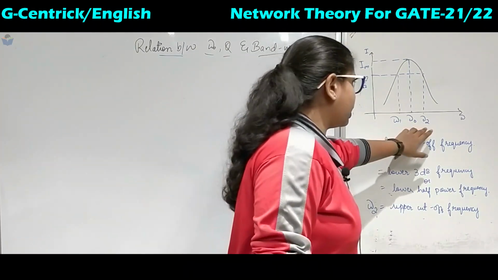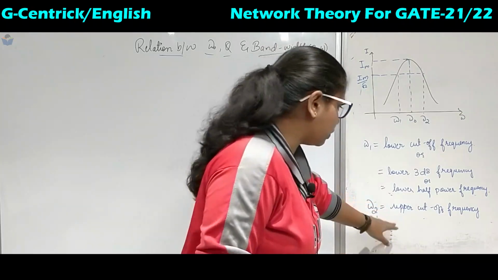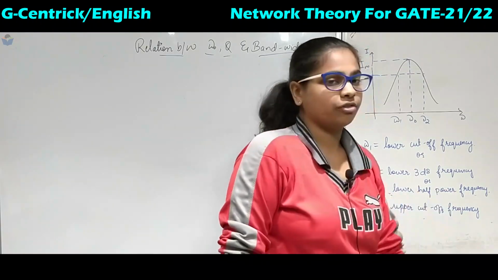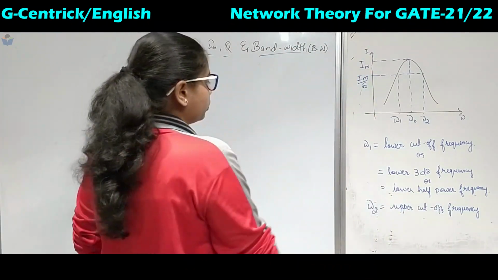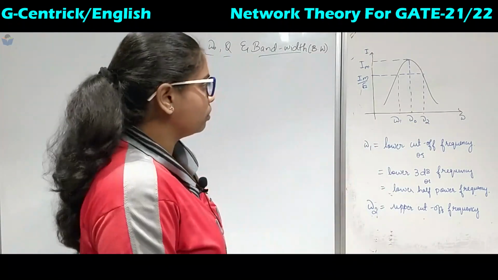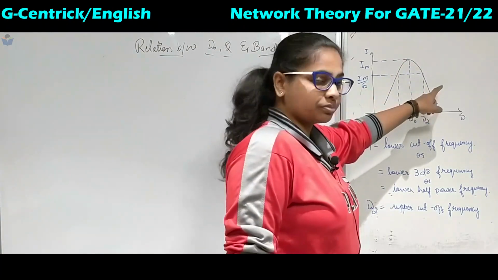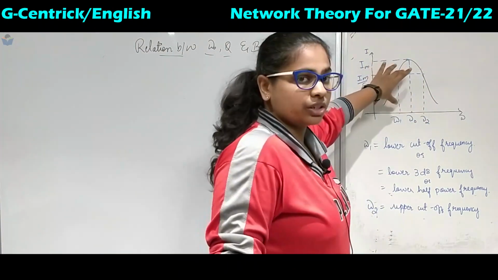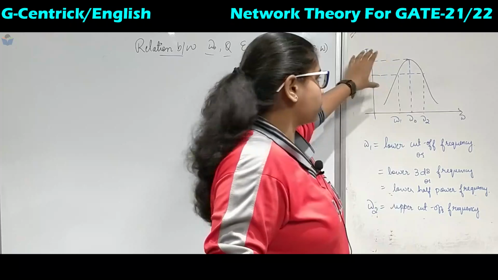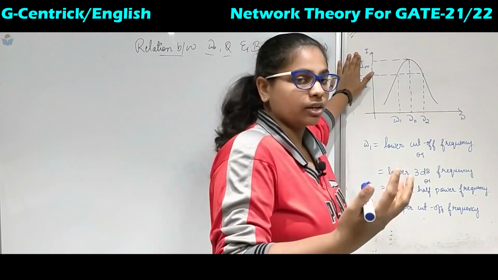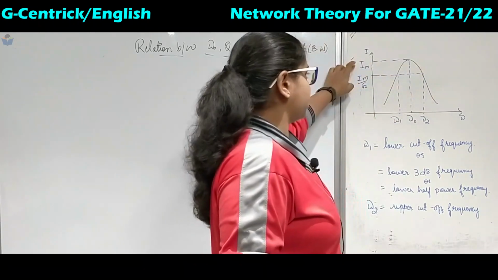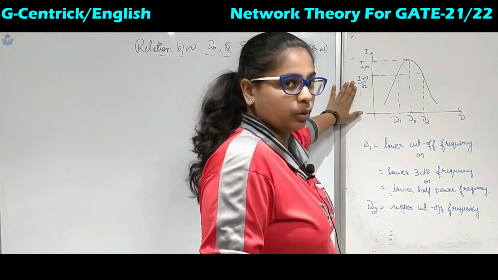This omega 2 is called the upper cutoff frequency, or the upper 3 dB frequency, or you can also call it the upper half power frequency. So this is about omega 0, omega 1 and omega 2. This omega 0 is nothing but the resonant frequency. Now why is it at the peak? We have seen that at resonant condition Z will be equal to R, so it will have the least resistive path. So what will the current do? The circuit will absorb more current, draws more current. That is why it is at the peak level, and this is I maximum, and this is Im by root 2.